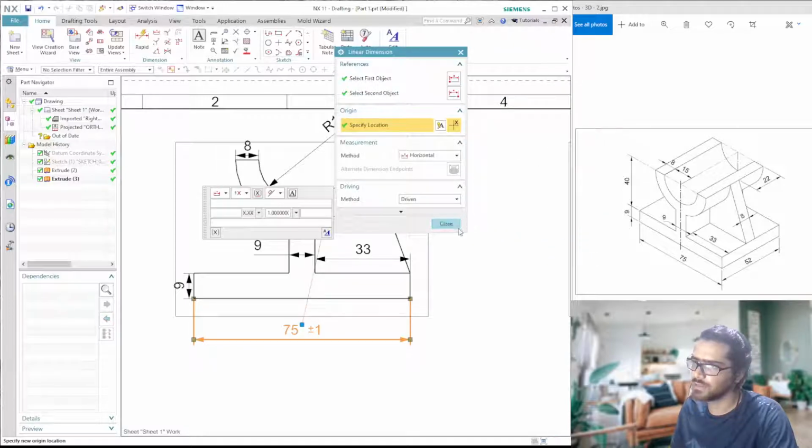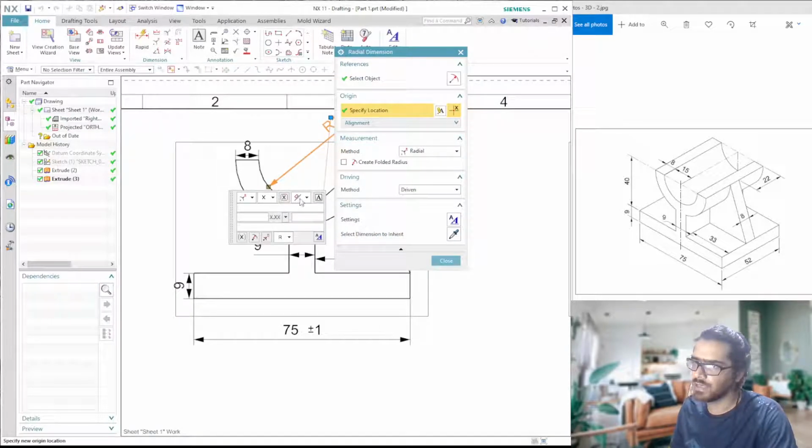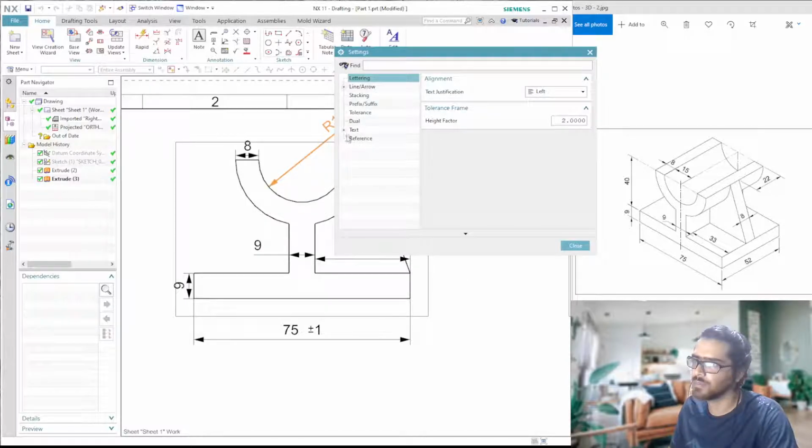Let's see some more options that we can use in case of this radial dimension. Let's say I want to place this in the horizontal direction. I double click this. Either I can use this, but I normally prefer to go to the settings because there you'll see there are many more options. Again, we need to click on text, orientation and location. As you can see, it is by default over the dimension line.